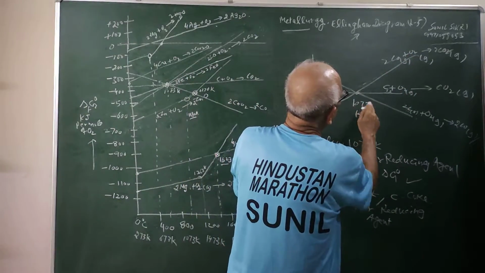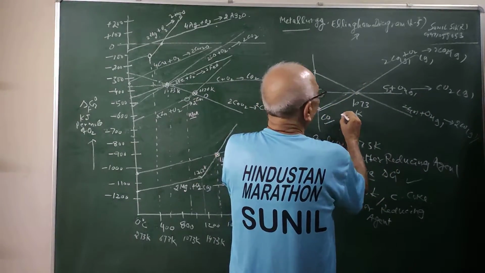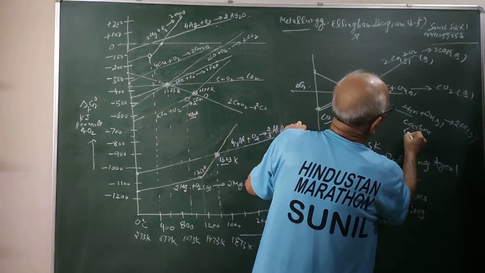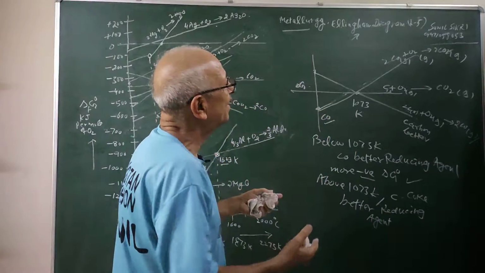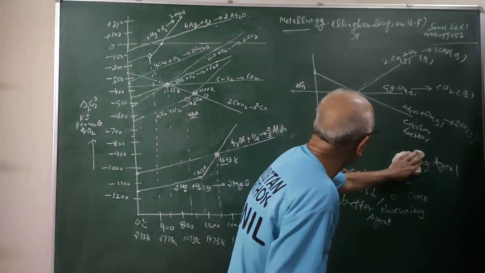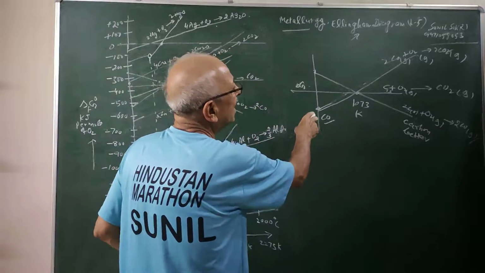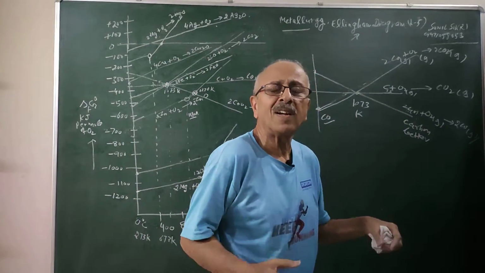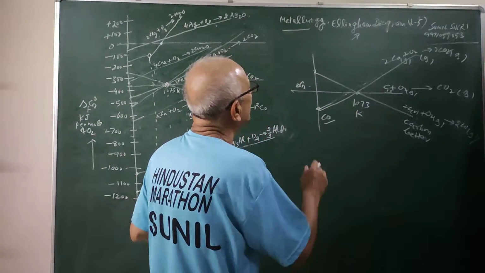So you can see that this is a temperature. Below this temperature, CO is better, and above this temperature, carbon is better as a reducing agent. So this is important when we will discuss the extraction of different metals like iron oxides and copper and zinc. So this is a very important thing, that first of all, why this graph went lower in this case, because it depends on the change in entropy of the products and the reactants. So there are three possibilities which we have shown.